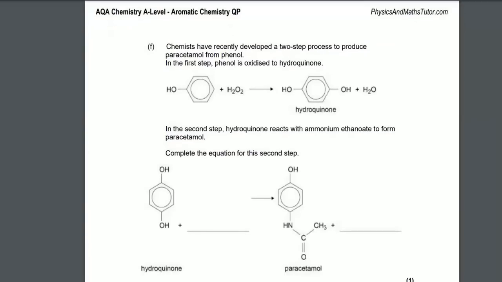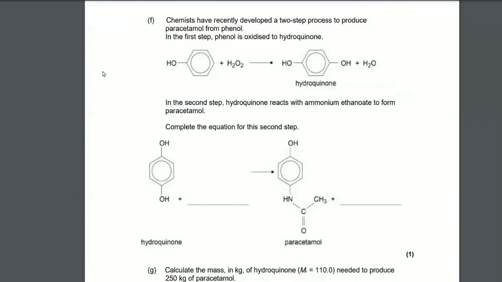So we're looking at F here. Chemists have recently developed a 2-step process to produce paracetamol from phenol. In the first step, phenol is oxidized to hydroquinone. As we can see there, we've got a phenol group, we've got hydrogen peroxide attacking it, and then we've got